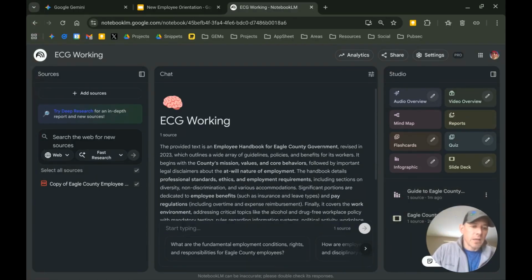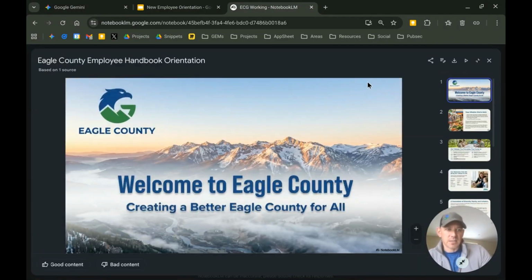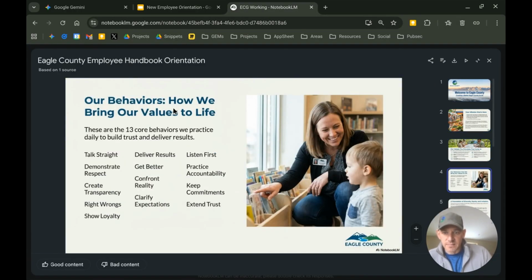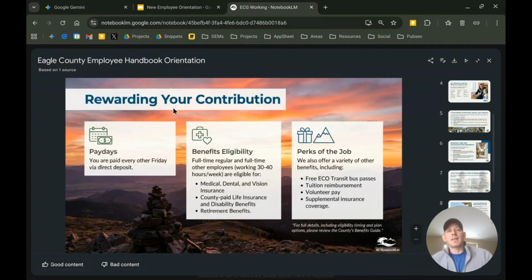All right, so it's completed. So we'll go ahead and take a look at the presentation. And yeah, it kind of interpreted our logo a little bit differently. But I think it looks good. I have to admit, I think NotebookLM does an incredible job at generating maybe more of a final draft. The only downside to it, though,